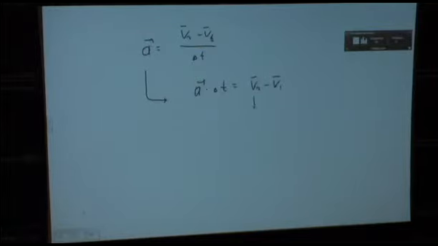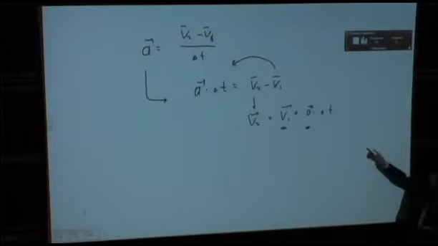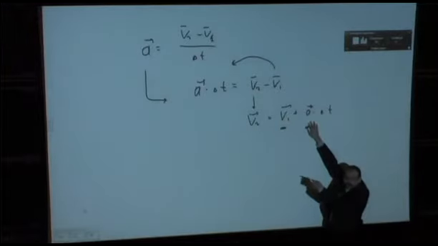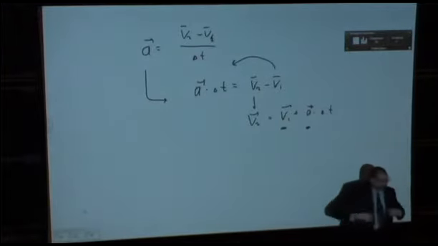Now, if we want to solve it for the final velocity, we just have to bring over the initial velocity. And that gives us this expression, which is much more convenient for problem-solving purposes. So if you have initial velocity and your acceleration is given, that's what acceleration does. It changes velocity. If the acceleration is 0, the velocity doesn't change, it stays the same. If it's not 0, what's happening? Well,